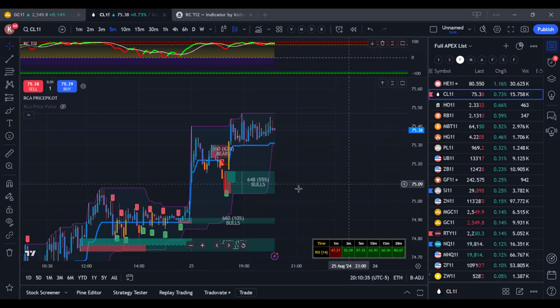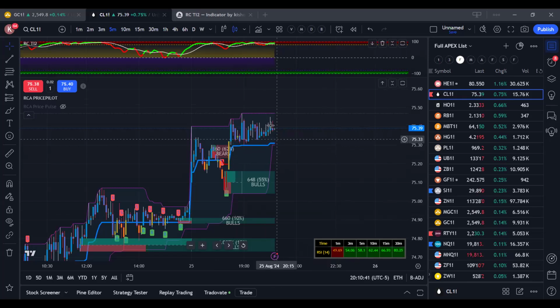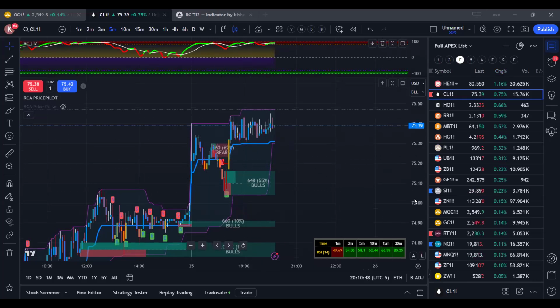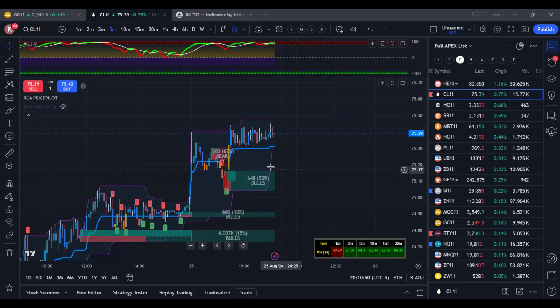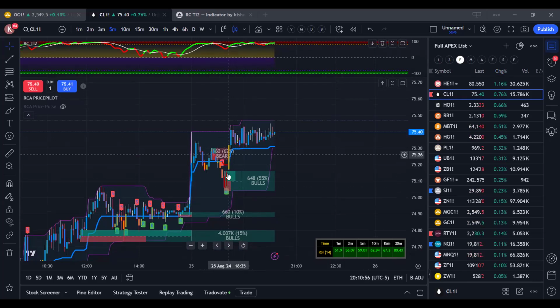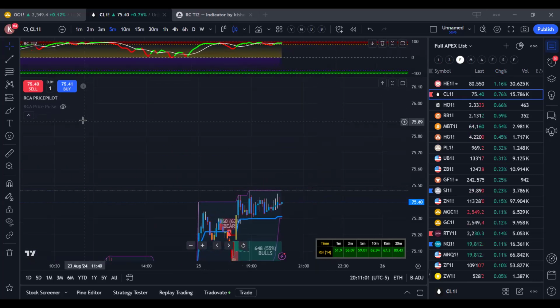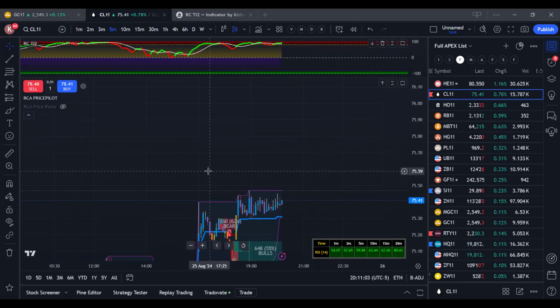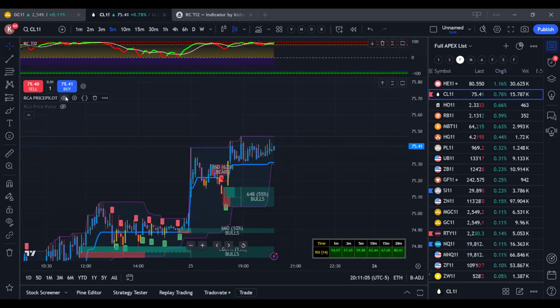So always see there should be a confluence between multiple things. This is one confluence, this is one confluence, this is one confluence, and your buy order block, sell order block, that is one more confluence. If all those are indicating the same thing, you see a lot of 648 orders, only 360. So it was able to break the sell order block and go up. Maybe crude oil can go, right? For example, so price pilot will,